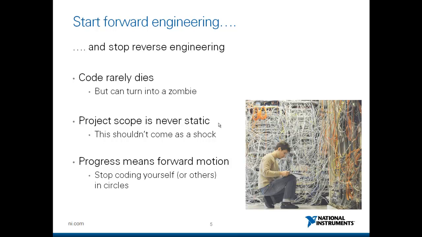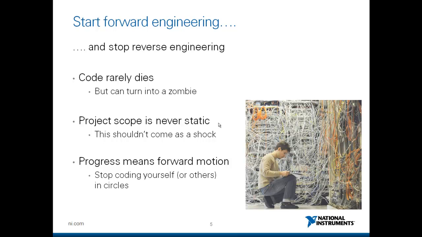Project scope is never static. How often have we run into a scenario where we start designing something and the scope doesn't change at all? It's exactly the same at the end as what we predicted at the beginning. I cannot think of an individual scenario where that has been the case for me over my years of programming. And so it shouldn't be a shock to you that your program and your project is going to change over time, well after you have started coding and well after probably the completion of your actual program itself,